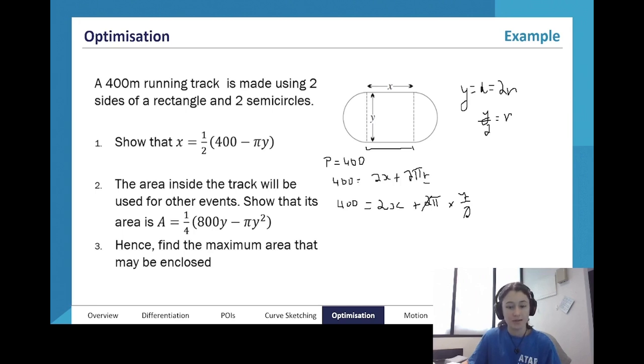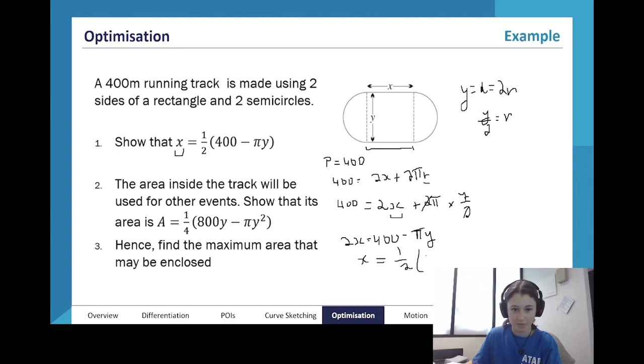And now, as you can see, we have a relationship between x and y. We have a pi in there. This is exactly what we want. We just need to rearrange it to get it into the form that they wanted us to. So they have x isolated, which means that we need to isolate x too. So I'm going to take x over to the other side, which is going to leave us with 2x equals 400 take pi y. And then we're going to divide by 2,